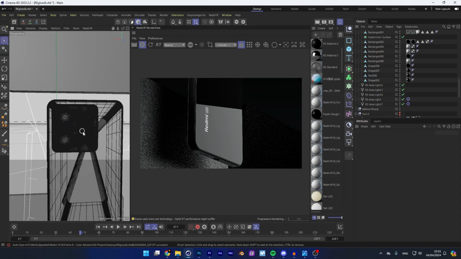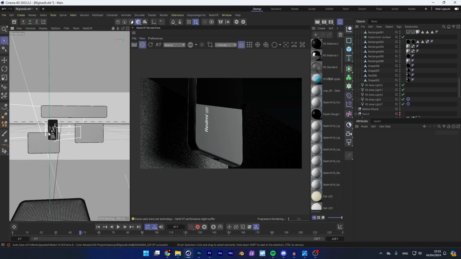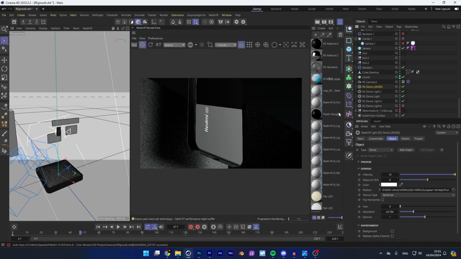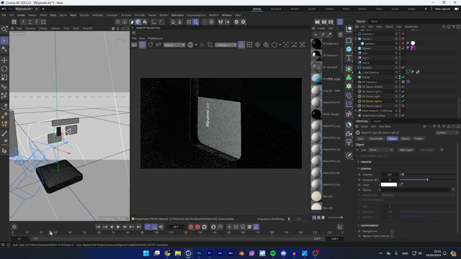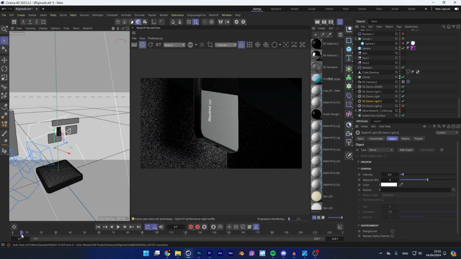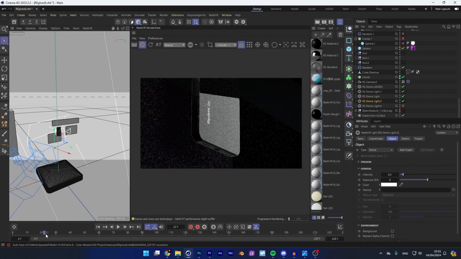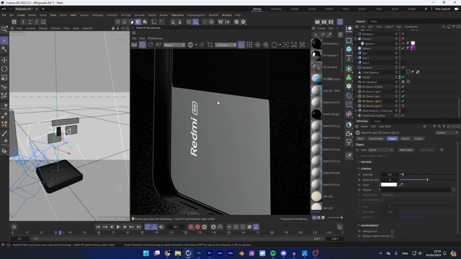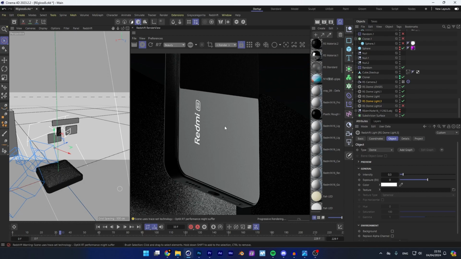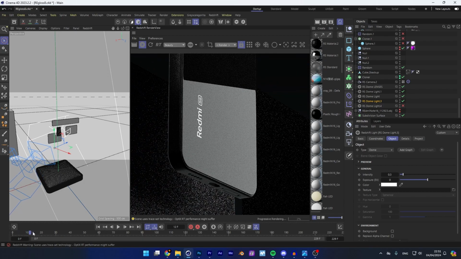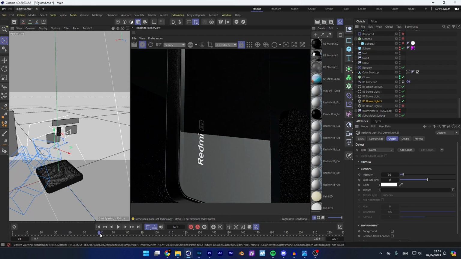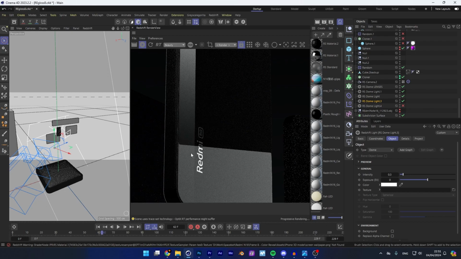Most important thing that I want to talk about, lighting first, and then we get to the animation. So the lighting, there's a ton of lights that I used here in this scene. Basically, the main purpose was to show the glossiness of the back of the phone. So here I used a very sharp regular area light, and I placed it in a way that when the camera moves up, you can see that it sort of